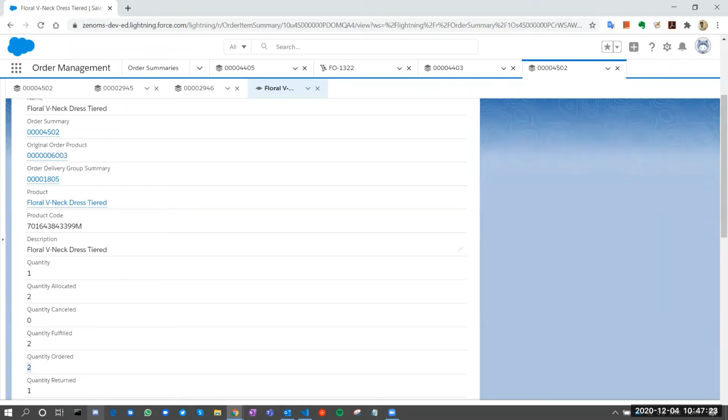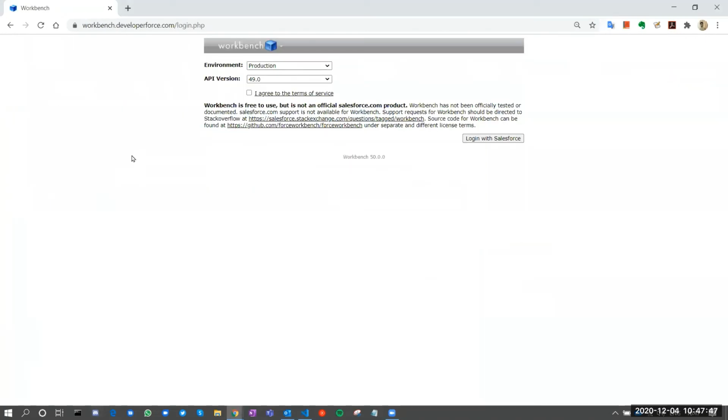And what they're saying is, it doesn't matter whether you use B2C Commerce, Magento, or Shopify. If you want to manage your order fulfillment on the platform, you would just need to purchase the licenses and build a custom adapter with whichever storefront you use. And the reason why it's pretty simple to do is, I'll showcase to you on Workbench.